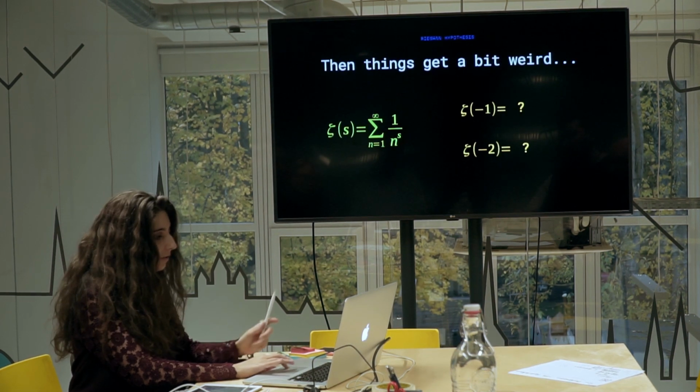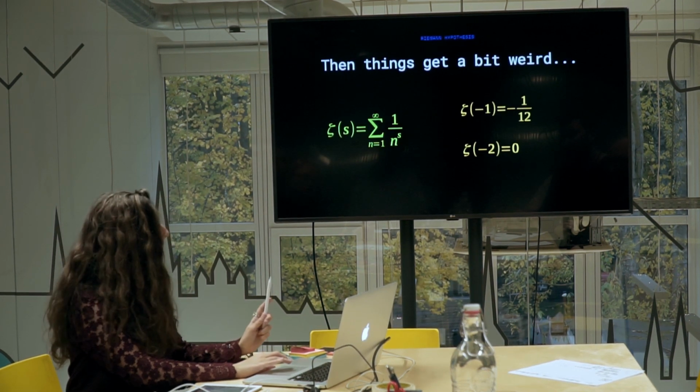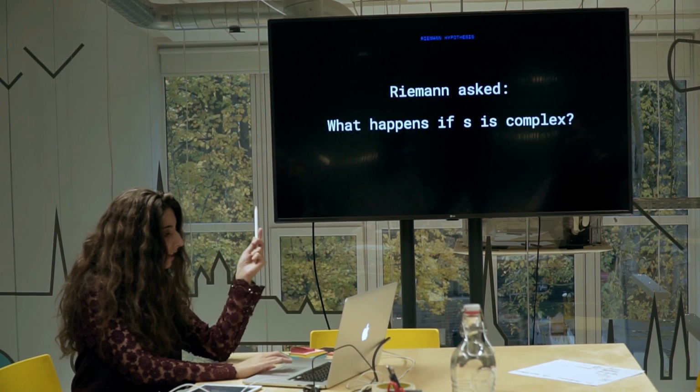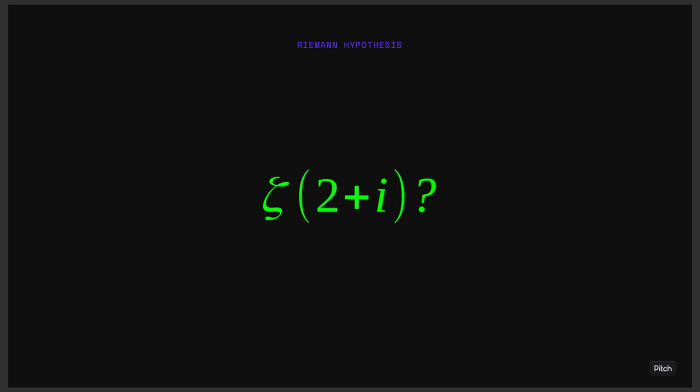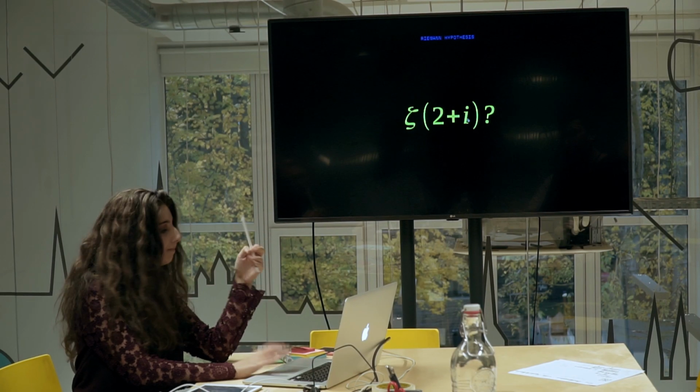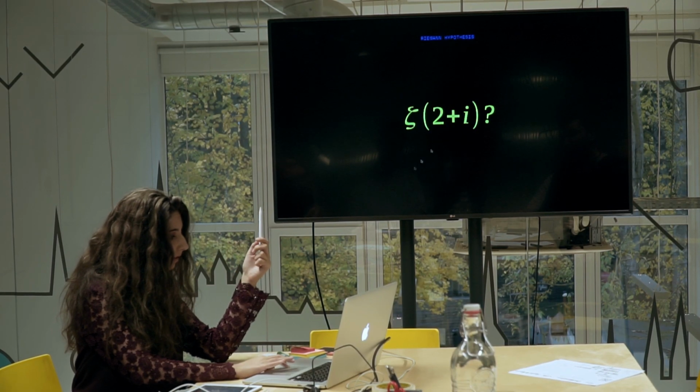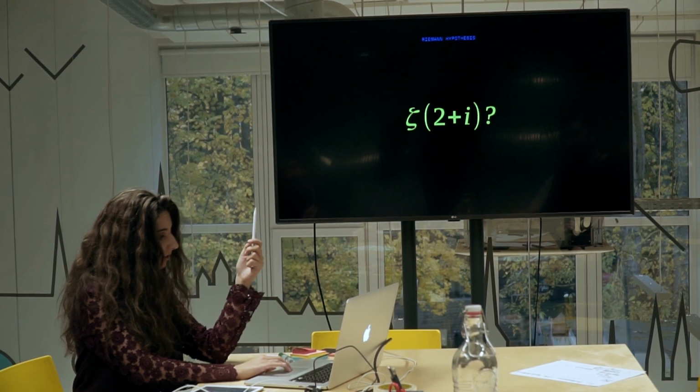So there are some really counterintuitive results, and this is where we have to start bringing the complex numbers into it to understand these. To understand this, Riemann asked what happens if the s in the zeta function is a complex number. So for example, in the function, let's put 2 plus i, where i is imaginary. So to understand this,